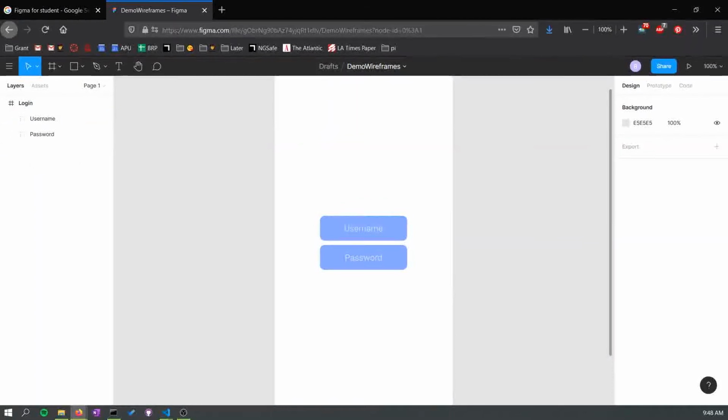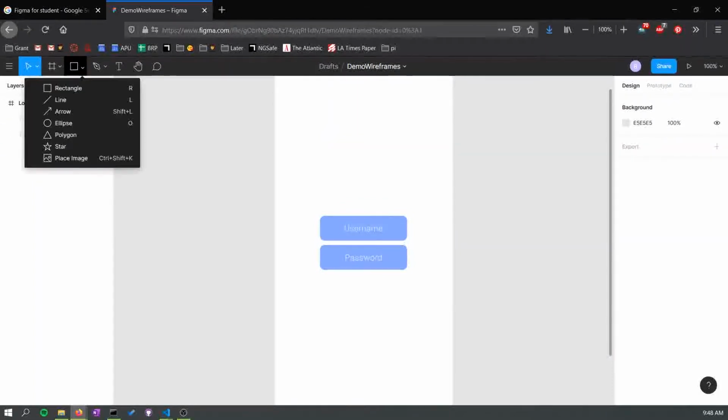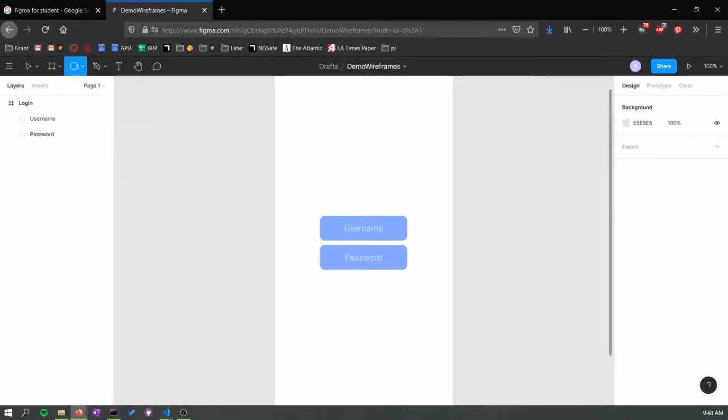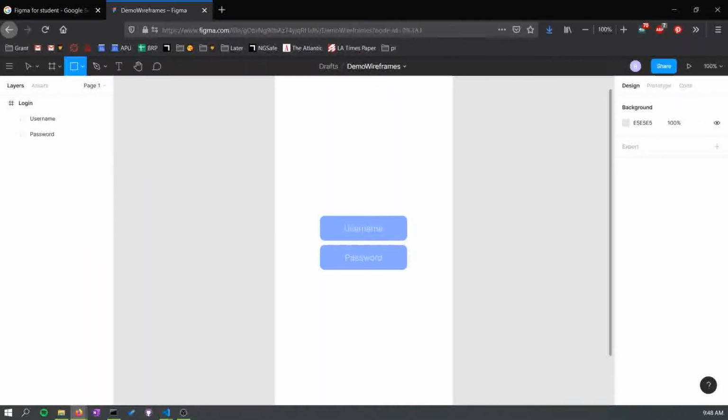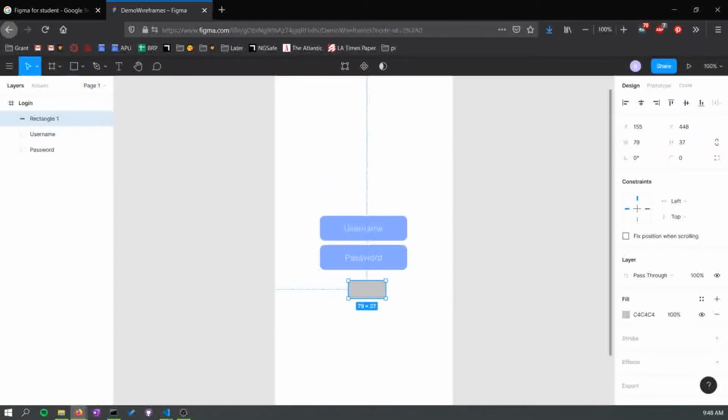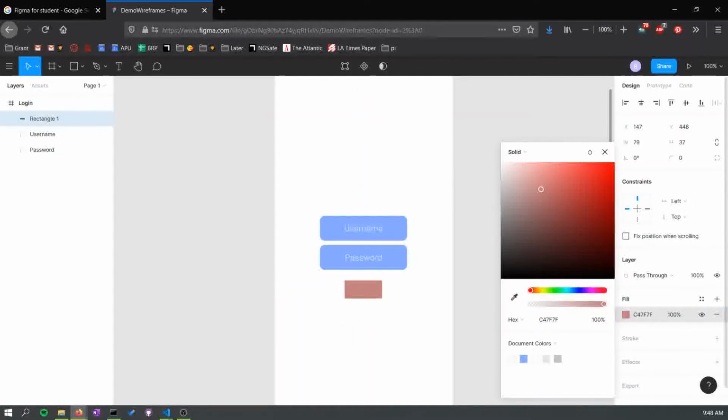Now let's make a small button in which we can tell a user to log in. So this time maybe we'll use a circle. No, we'll use a square again. So maybe we'll make a little bit smaller one, not quite so big. We'll center it and we'll change the color to be maybe a lighter, maybe I'll do darker, a darker one,